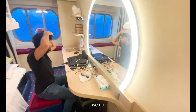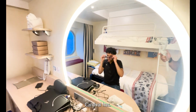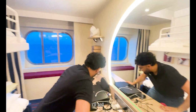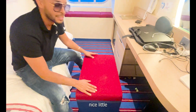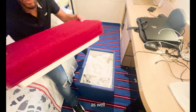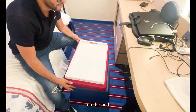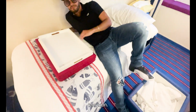Now here we go with these amazing new mirrors that Carnival has. Amazing. You can go ahead and show off. I'll tell you guys one important thing about that light. And also it comes with this nice little bench that turns over with more storage for sheets, as well as if you flip that bad boy over, that becomes a little table. You could put that on the bed if you want to go ahead and order some room service,